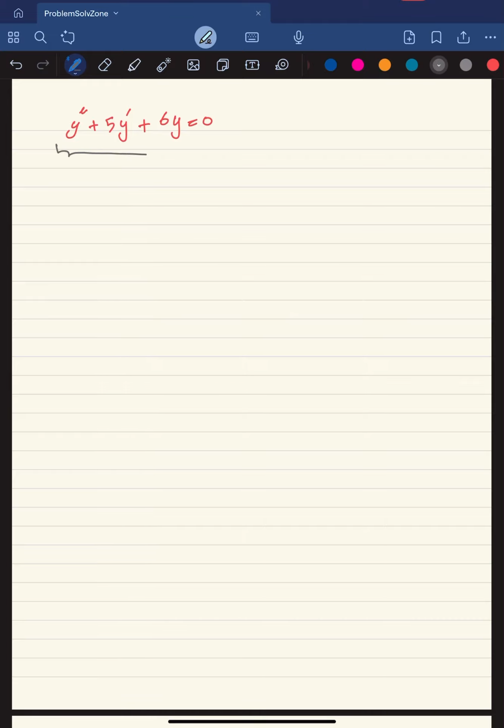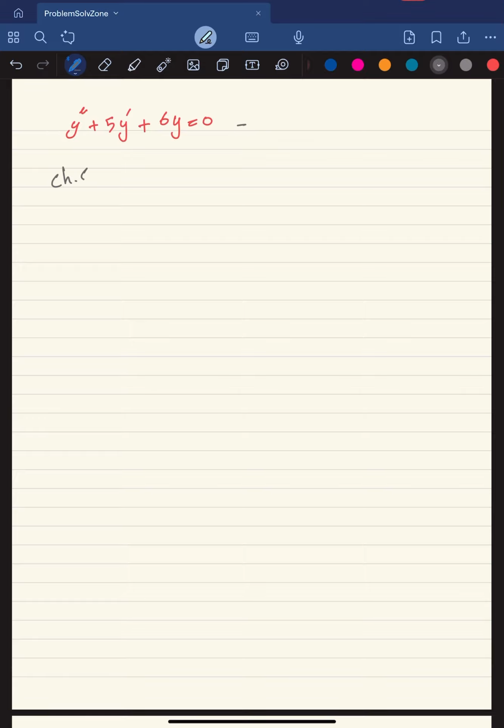Hi guys, this is Fatima and today I want to find the general solution for some second order differential equations. This is our first equation, and as you can see here it equals 0, so it's homogeneous. The other thing we have to notice is that the coefficients for our y double prime, y prime and y are all constants. When it's all constant and homogeneous, it's really easy because we just have to